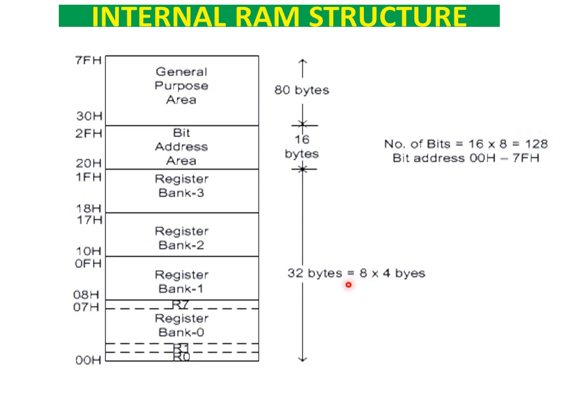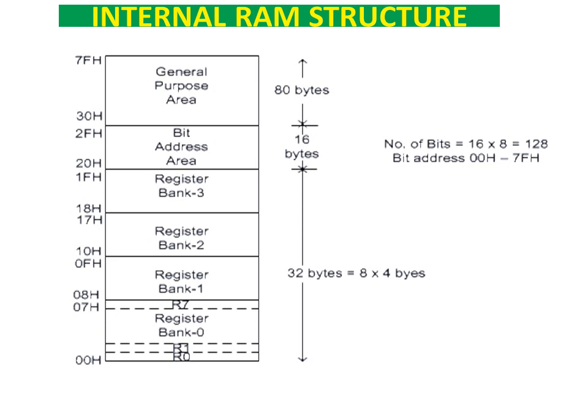Among that 128 bytes, 32 bytes are given for register banks. Mainly these register banks are used for assembly programming purposes. Normally in 8086 we write assembly programs using registers. Same here, the registers are accessed through these banks: bank 0, bank 1, bank 2, bank 3. Every register is identified with its own address.